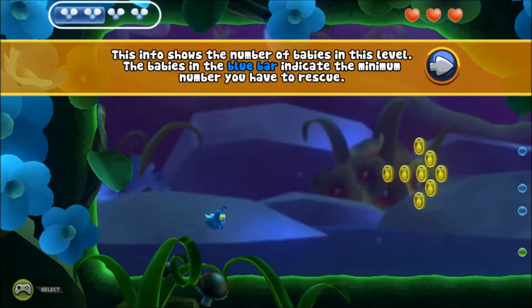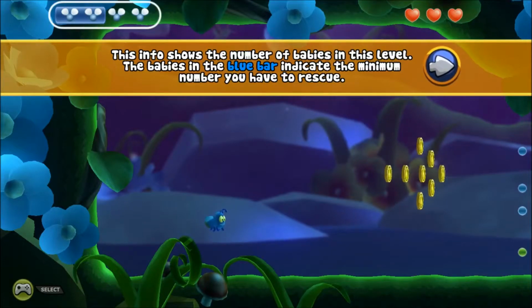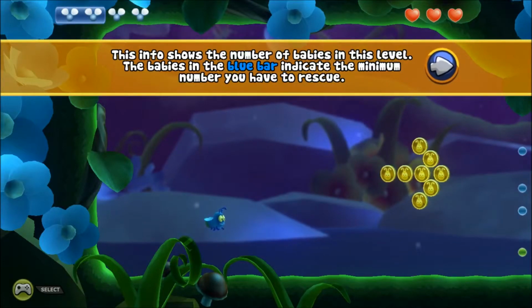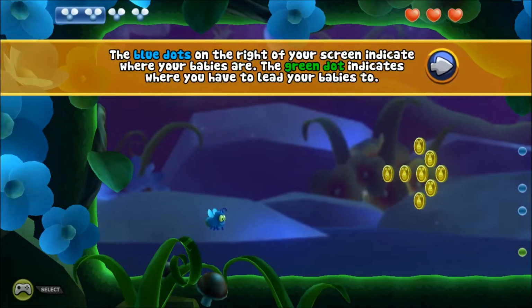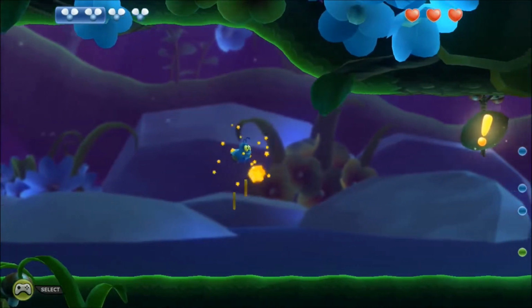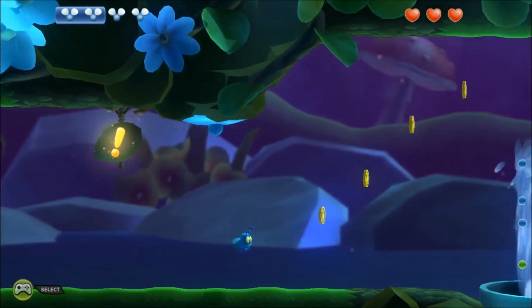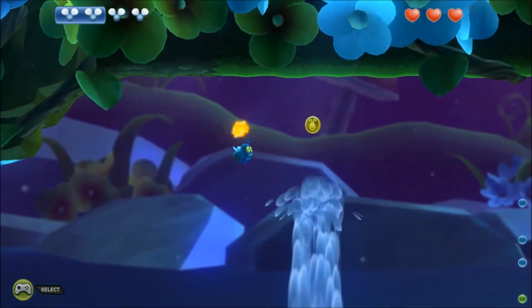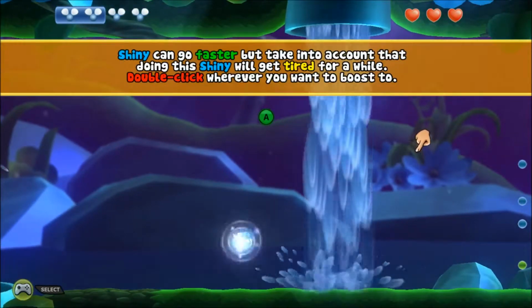So the objective of these levels is to rescue a certain amount of your babies, which are hidden around the level. You get bonuses for, I believe, rescuing all the babies, you get bonuses for getting all the coins, and you get bonuses for doing it under a certain time. This first level is quite permissive about all of the goals, really. So I only did the first couple of levels when I was trying on my own, but it seems to be almost impossible to not get...